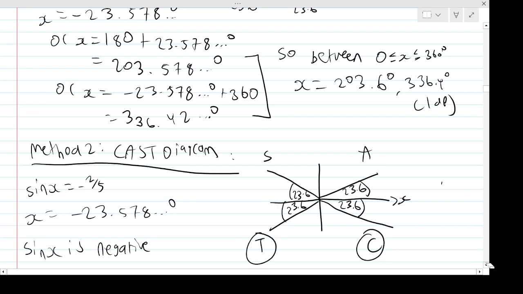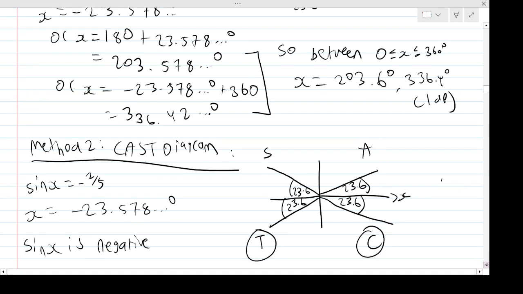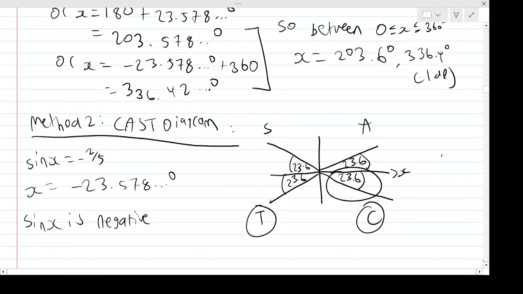Because only cos and tan are positive there. Well, obviously this represents the first angle, minus 23.6. So then to get the other angle, we measure the angle, right? So if we get rid of these two, if we measure that angle,